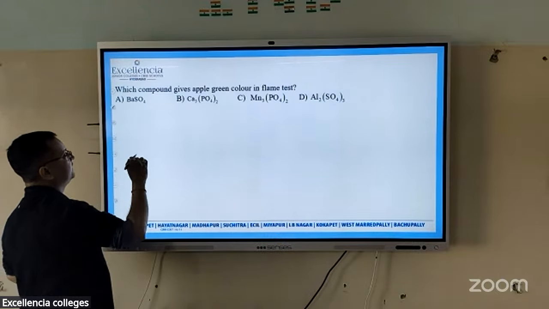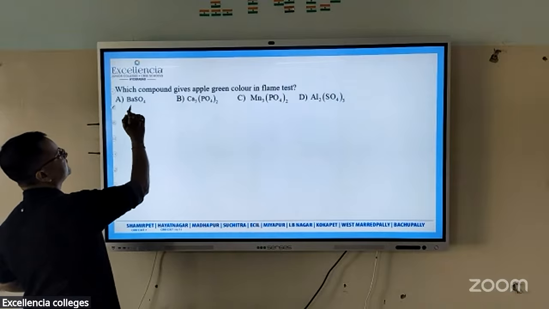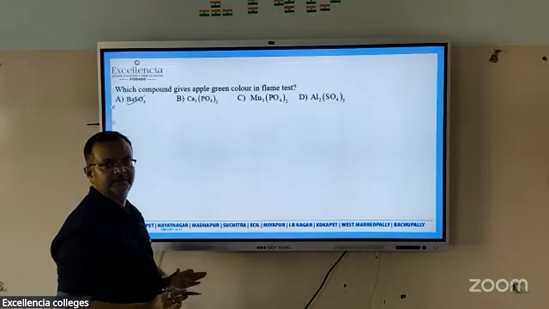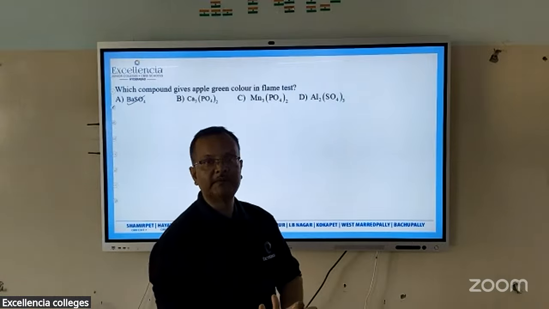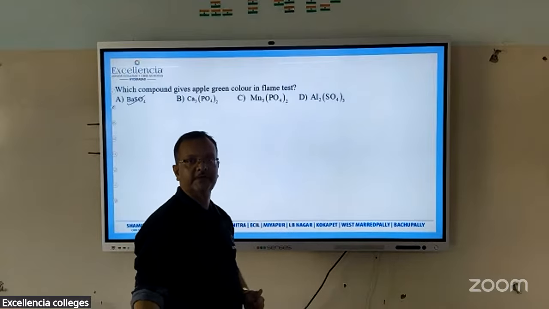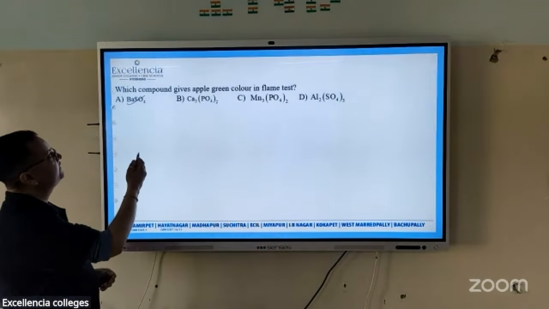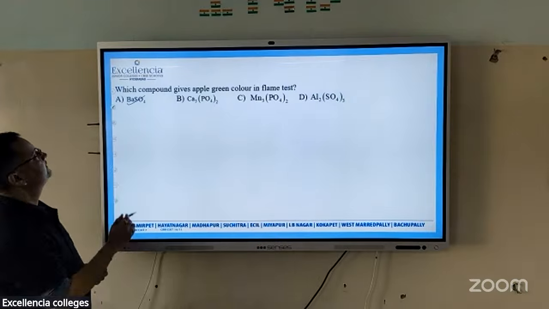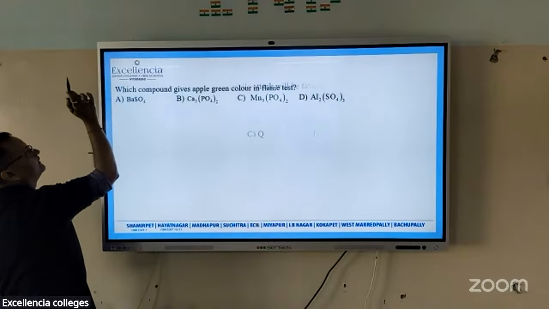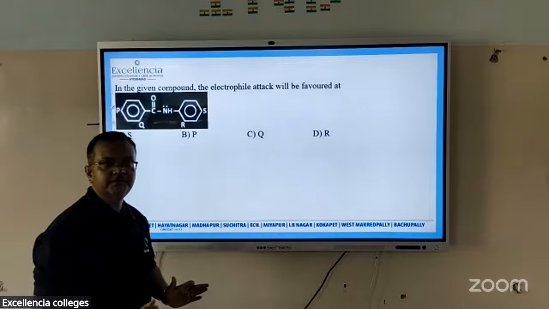This is the answer here. So you see, the answer is barium salt. Correct? So it was memory based, but very simple. You just have to go to qualitative analysis as well. Some questions are coming like that, on the testing of the salt. So the answer is barium sulfate or this. Fine. Simple question.